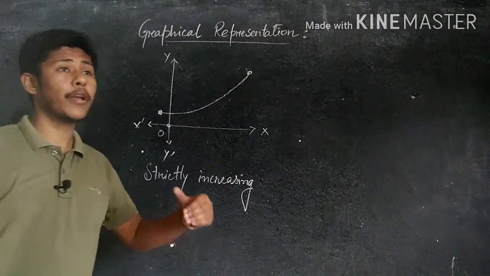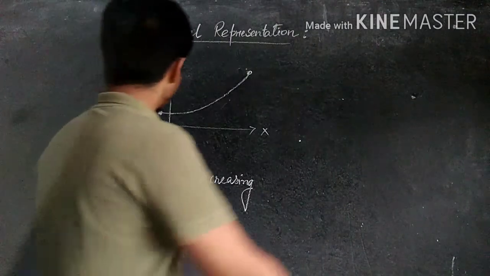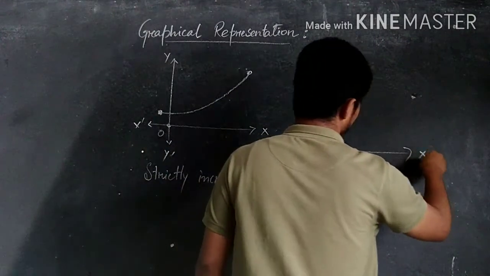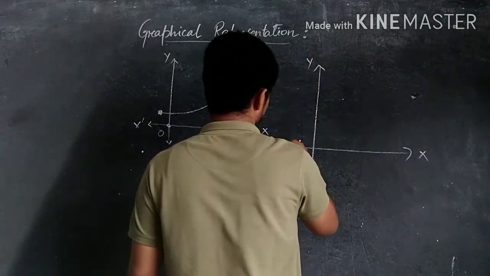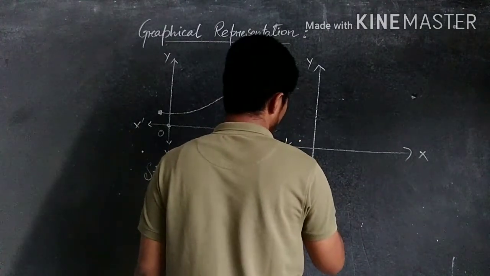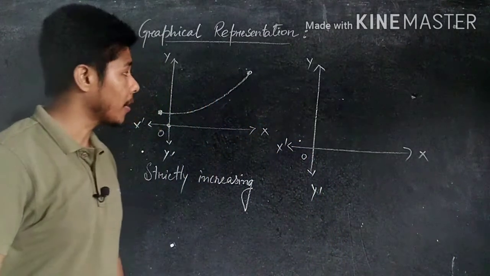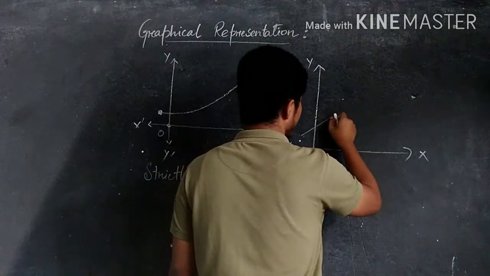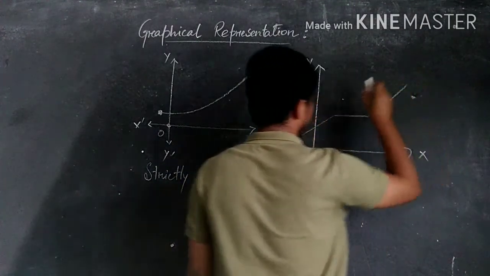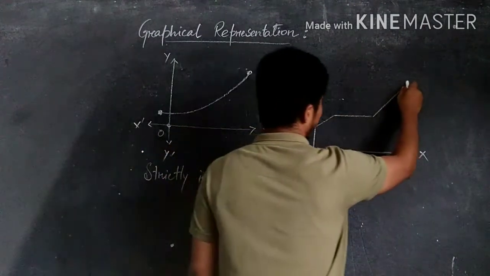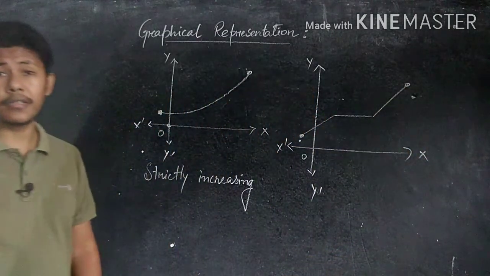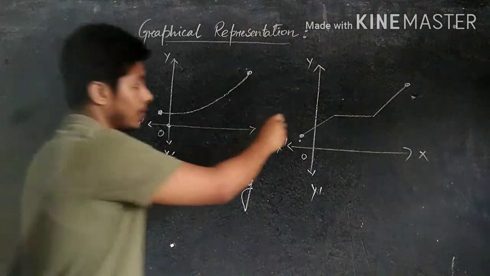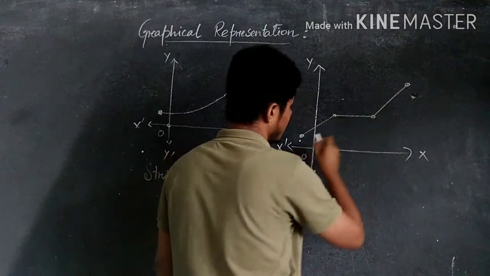So now let's see when we get an increasing function. In case of an increasing function, if you see the diagram here, suppose this one. Here it is x, this one is y, here it is x dash, this one is y dash. Now suppose the graph we get is like this, starting here and ending here. Let's see what you get. When we look at the graph, we always have to check from the left hand side.